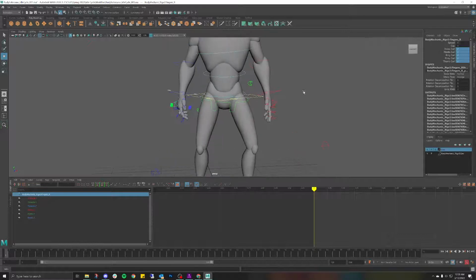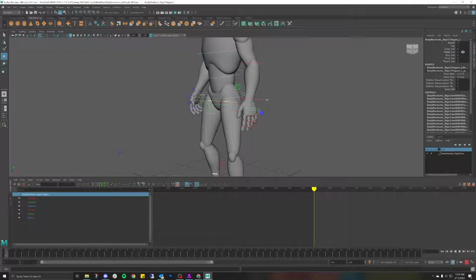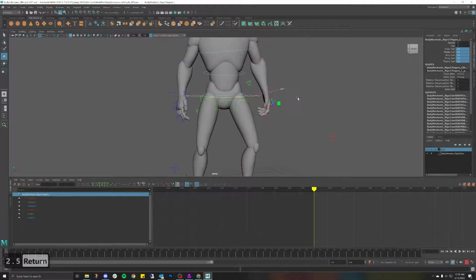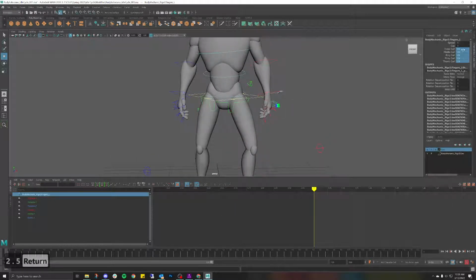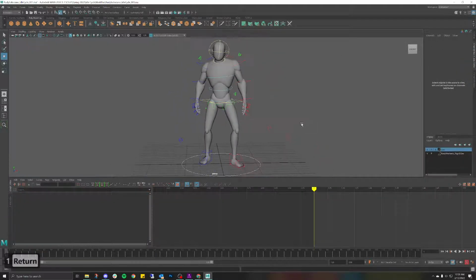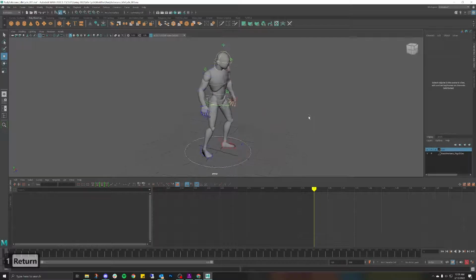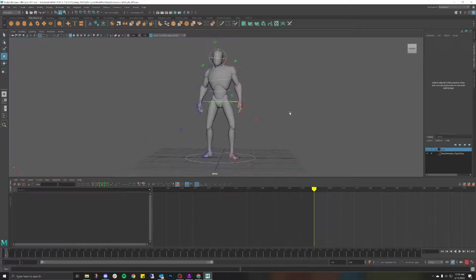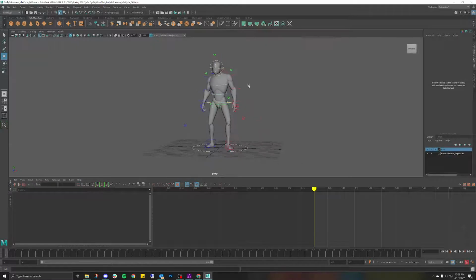And maybe even a 2.5 on the other hand as well. Actually, no, let's make this even more subtle. We'll make that one a 1. Perfect. So, now that we've kind of got this pose,